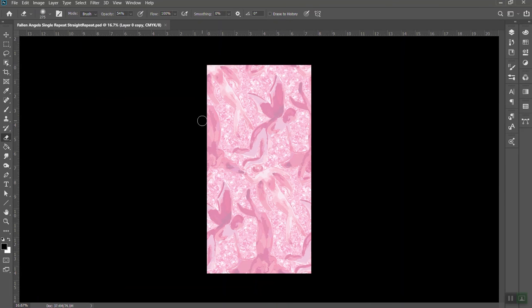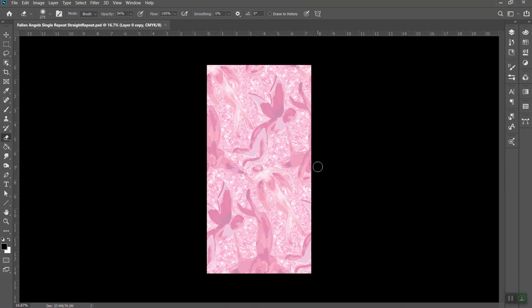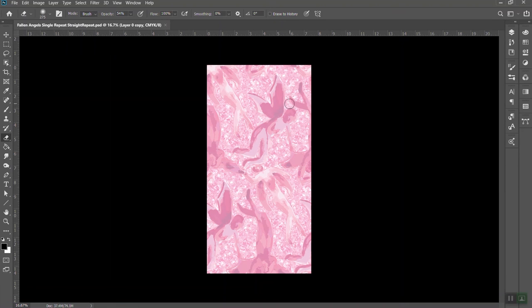And what I'm hoping is that you still have this original square where you went to Edit, Define Pattern to make the repeat. And this square, or this tile, I tend to call it a single tile or a single repeat. And this is the easiest way to bring things into Illustrator. So I've saved this image as a JPEG,